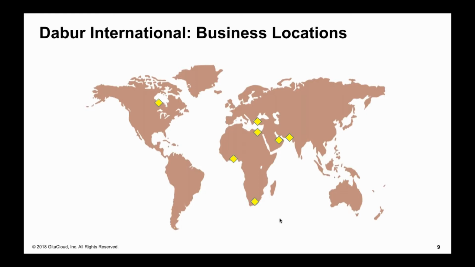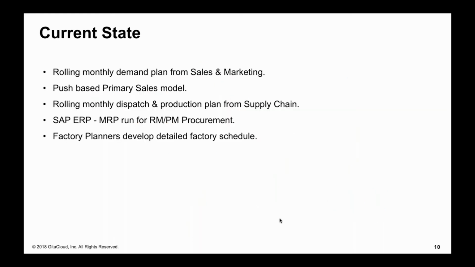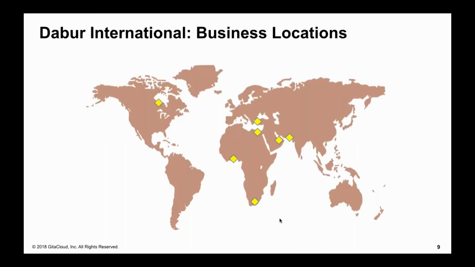Thank you. So overall, if you see the business locations across the globe, we are based in America, in Africa, in Europe, in Middle East, in North Africa as well, and a bit of Asia. Now, how does this help in this kind of presentation? It's mainly for the material movement from one location to the other, more than 10,000 items moving from Middle East to Africa, and from India to Middle East, and from Middle East to the US, and also to Europe. So that's how complex the supply chain is in the international world.